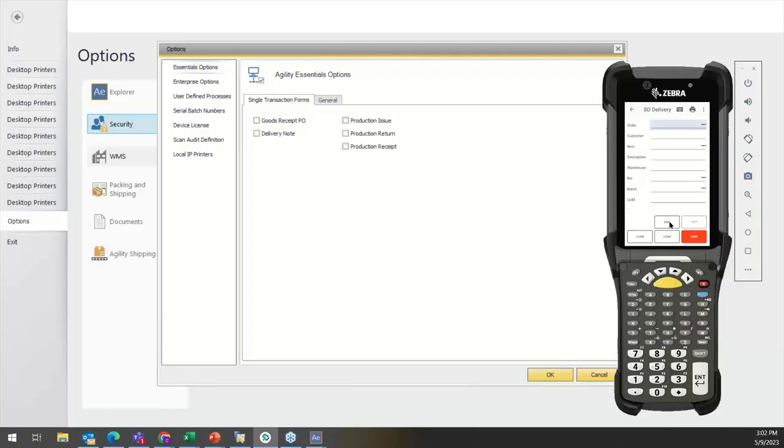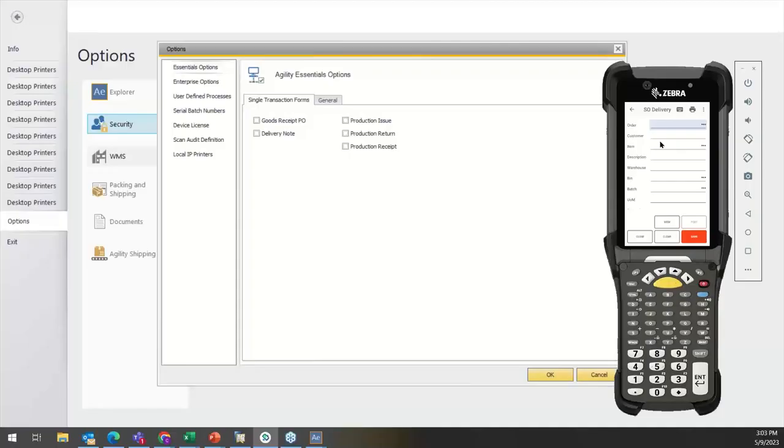So as I go through a sales order on the SO delivery, I go item by item, right? I pick my sales order, then I select the item, I put in the quantity, and then I know, okay, I'm going to ship that much of that item. The way it works right now without single transaction turned on is it would save that to a preload table. And I could use this view button to look in the preload and see how many lines are there. But the preload gives me that ability to go through line by line and add all of those lines to a preload table and then push through one mass delivery note in the SAP system with every line on it,